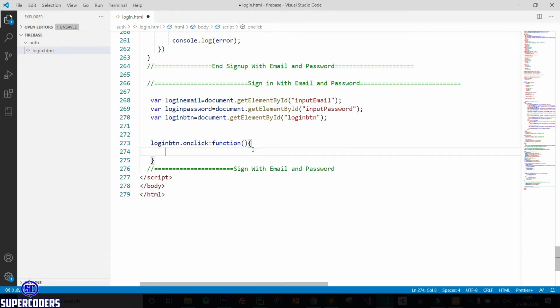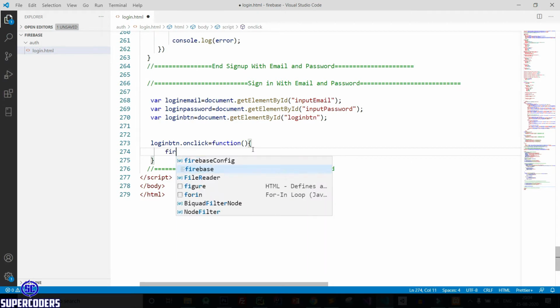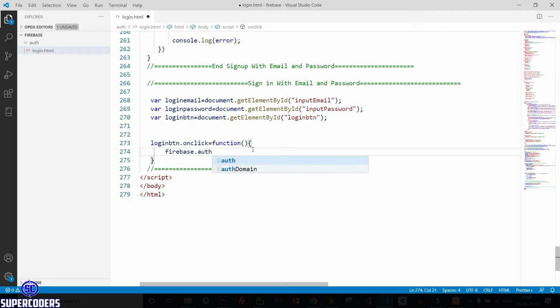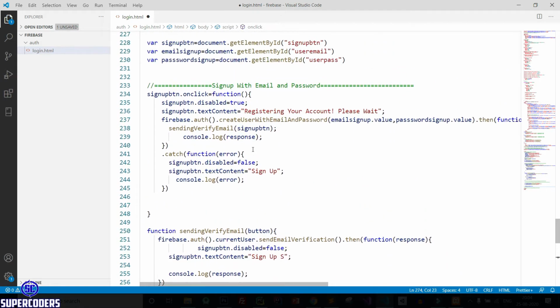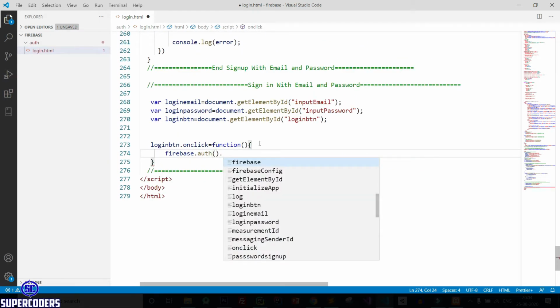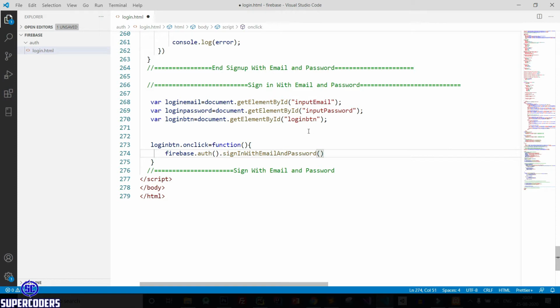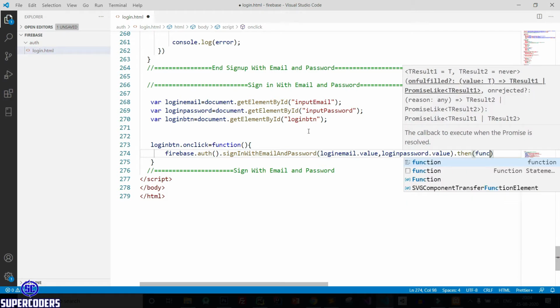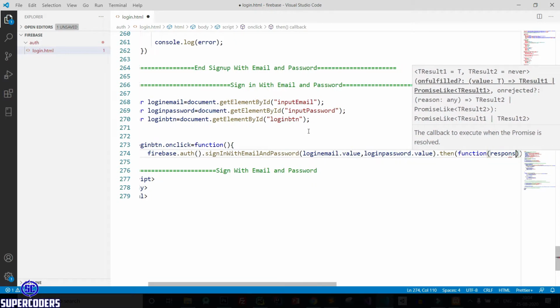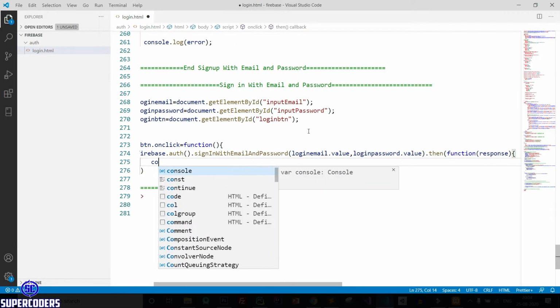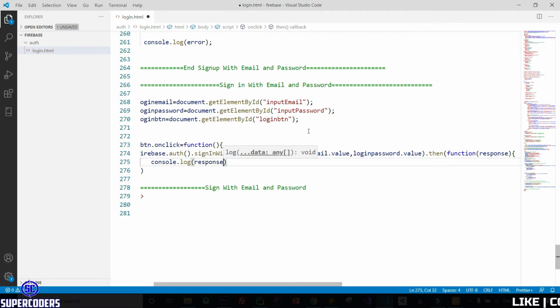After that, firebase dot auth dot signInWithEmailAndPassword, and here passing loginEmail dot value, loginPassword dot value, dot then function response, console dot log response.